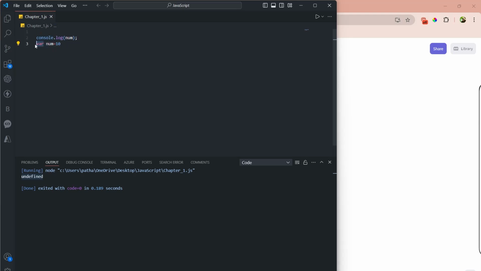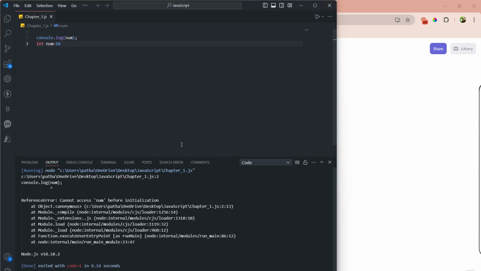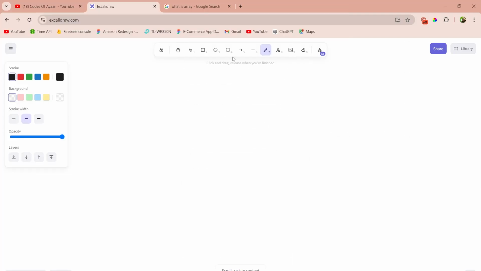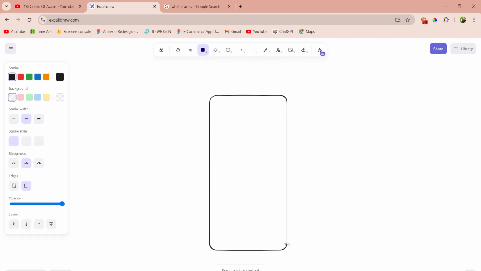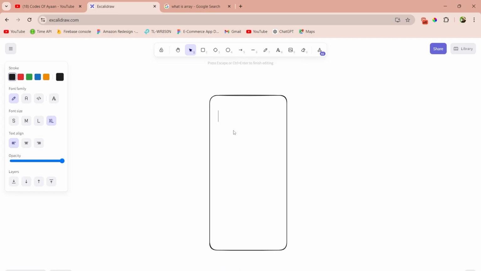But what happens with the let's see. Straight away it gave me error. At first only it gave me error that, hey, I don't know about num, where you have initiated this thing. So basically what happens with var is, initially in the JS file, whatever the var you created, it will go on top first, nothing but even if the variable you created